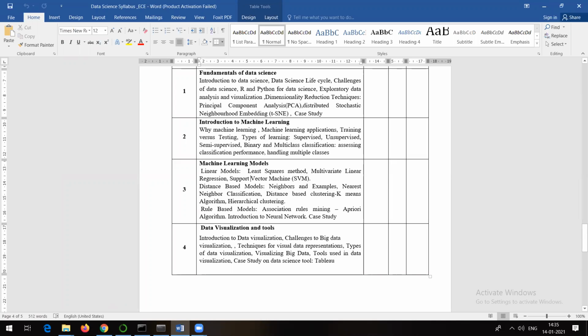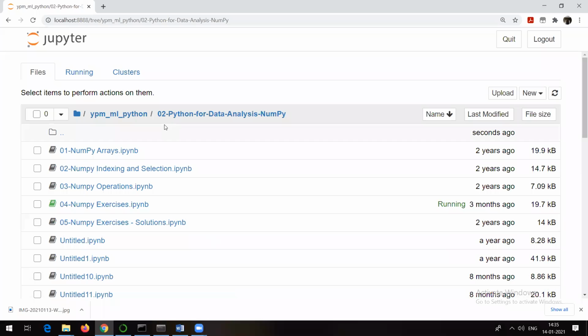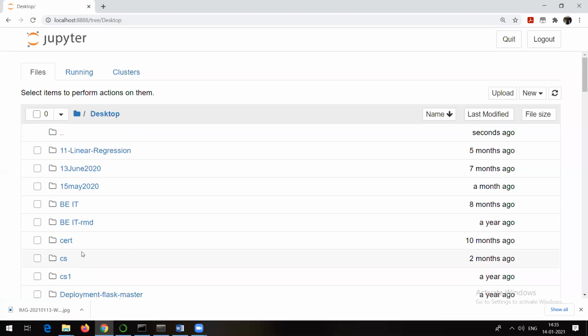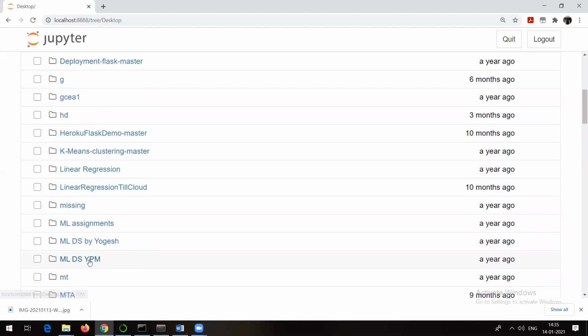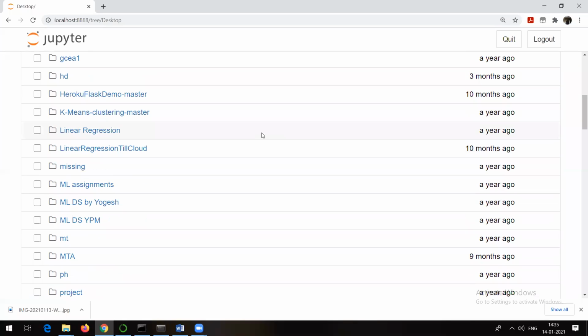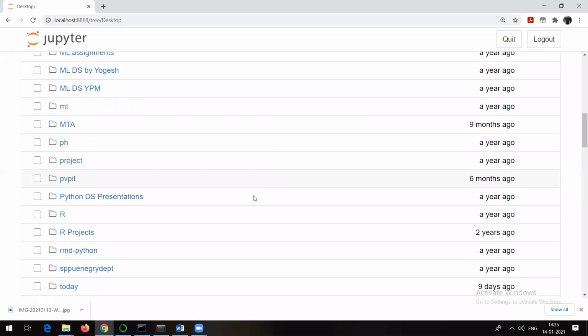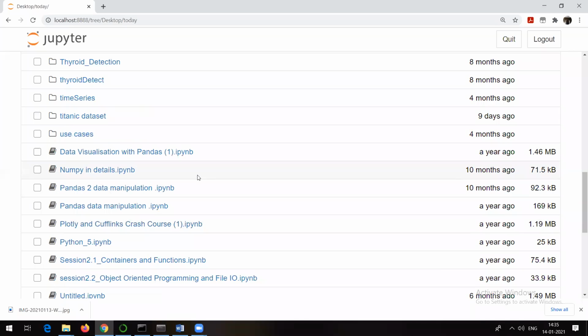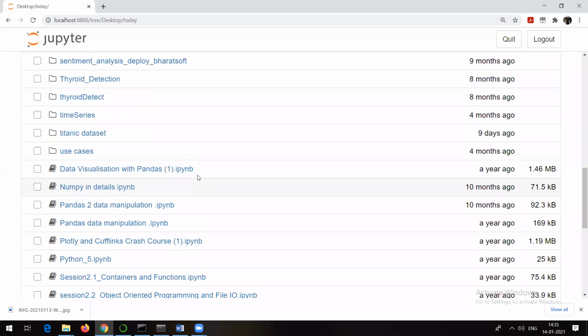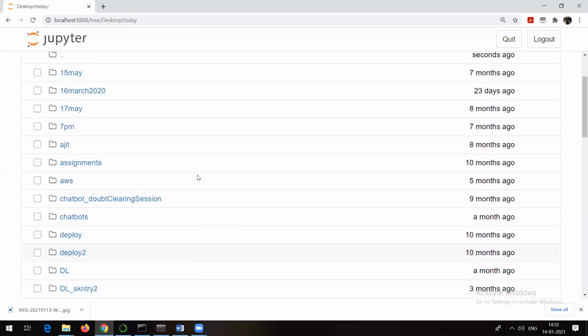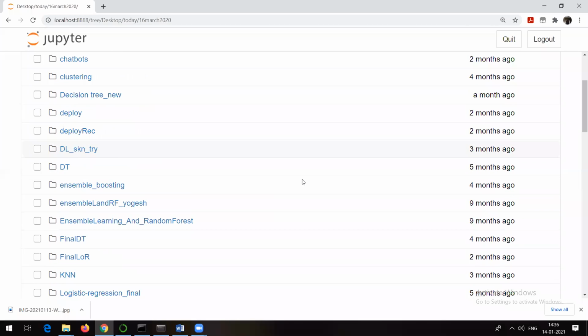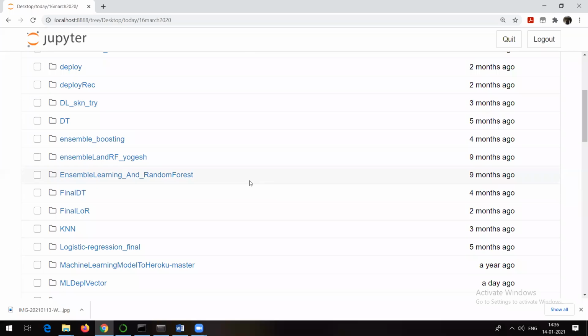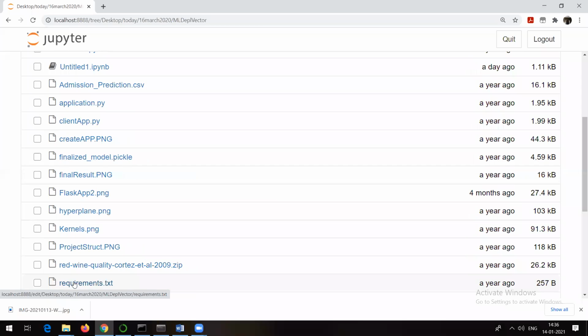So let me go to the IPY file and let's see how support vector regressor can be implemented here. As I told you, the support vector machine algorithm is used for both classification as well as regression. For classification, SVC is used. You just need to call a method called SVC. Similarly, in case of prediction or regression model, you need to call SVR. That's the only difference. Otherwise, both of them are nothing but support vector machine.